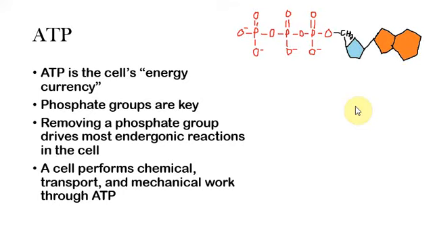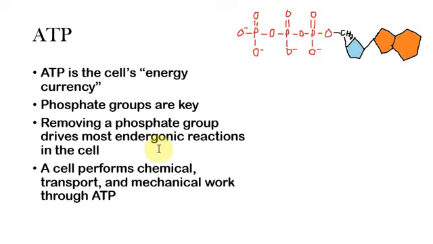then reproduce using respiration. The key to its high energy storage is these three phosphate groups. You can see that they have a very high negative charge, and when you get all those negative charges together, it's like coiling up a spring. Remember the spring from earlier. As you know, opposites attract and likes repel. So those like negative charges will want to repel, will want to get away from each other, but those chemical bonds will be holding them into place. Removing a phosphate group through hydrolysis will allow those negative charges to separate, and this is what drives the endergonic